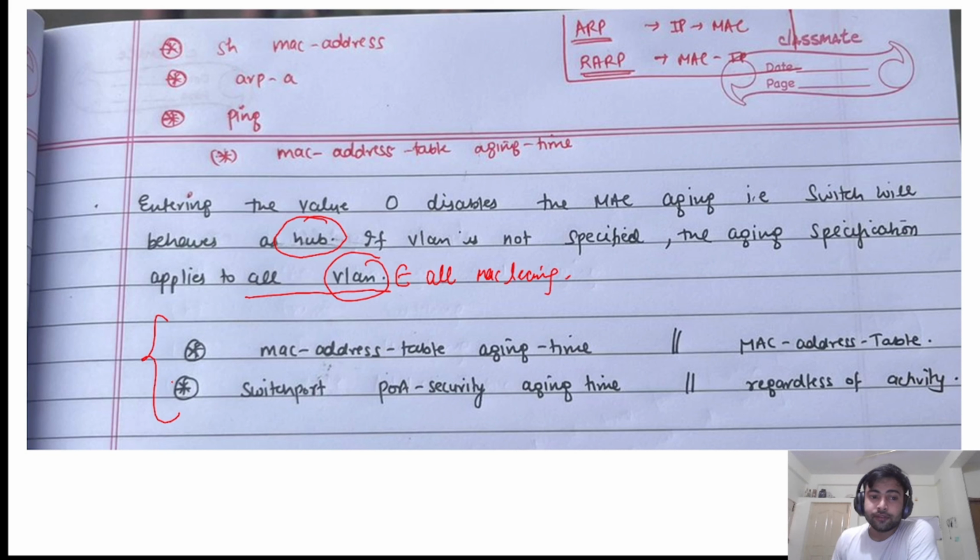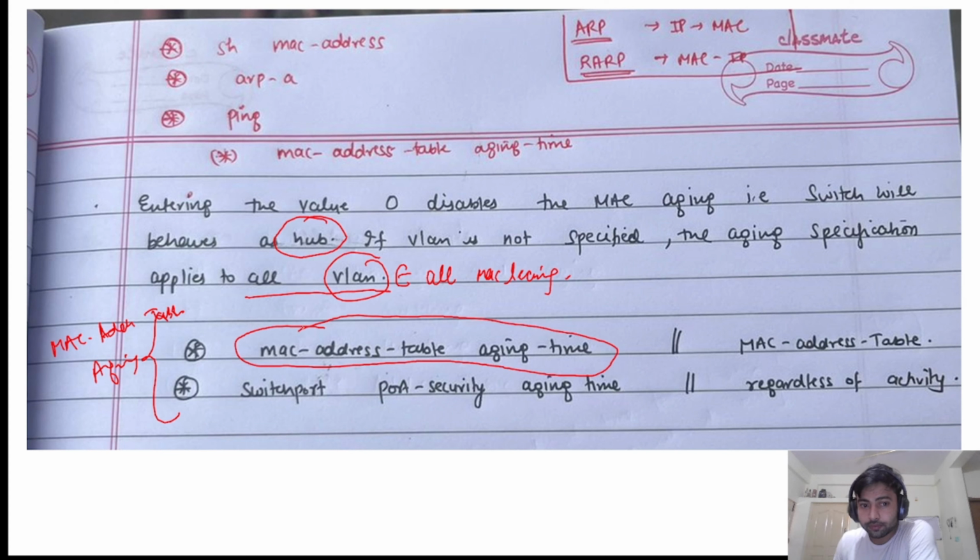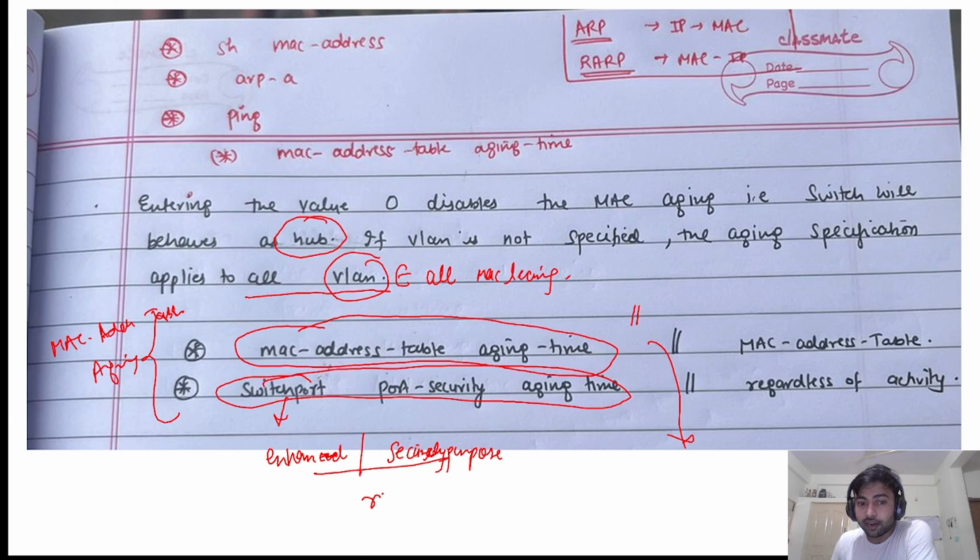So these are the two commands for MAC aging. The MAC address table aging command is used so commonly because, understand these two commands. This command is an enhanced command, or a security purpose command. In this command, regardless of any communication happening within that entry or not, it will explicitly